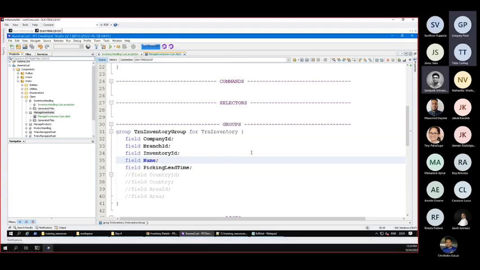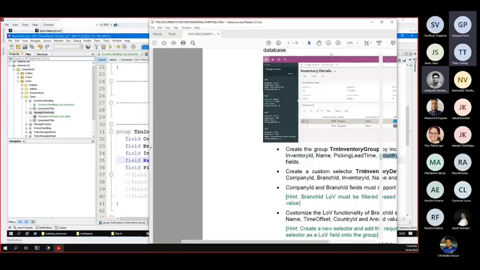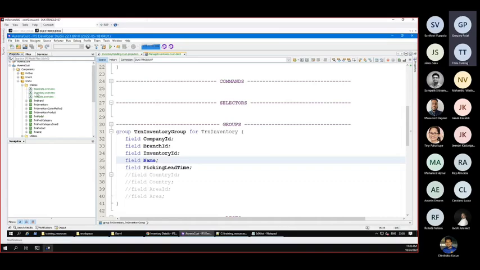Right. So we have the group and all those things, and then what next? So maybe we can talk about how to get the country ID, country and area ID and area. And if you go to the overview diagram,